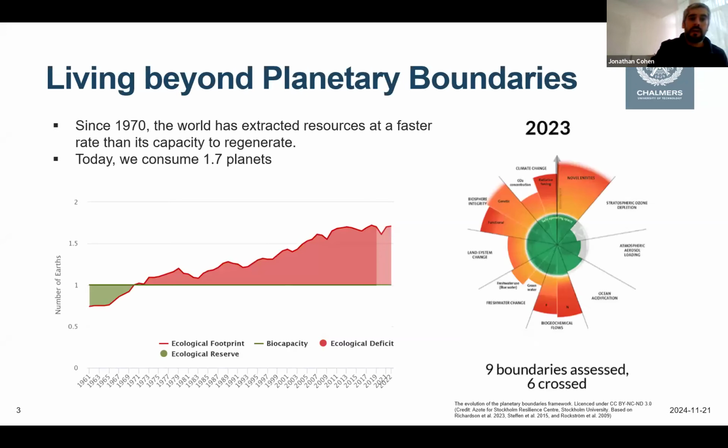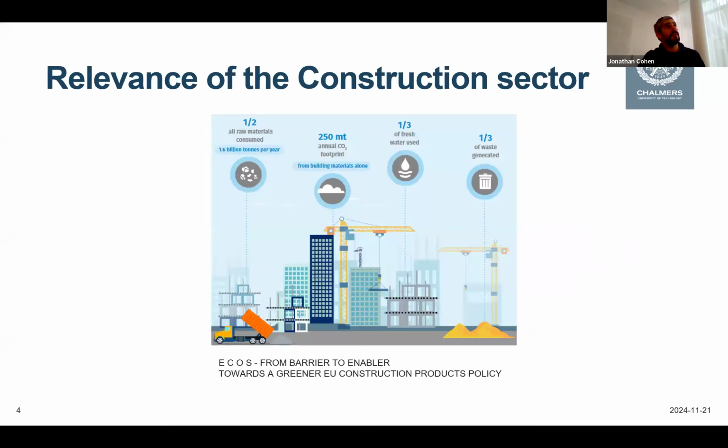So without further ado, as we know, we are living beyond our planetary boundaries. Since the 1970s, the material consumption and extraction of raw materials has almost doubled, and that has been associated with negative implications in our environment that go beyond only carbon emissions or rising temperatures and waters. The construction sector plays a significant role in this challenge because it is responsible for a lot of material extraction, roughly half of it, needed to develop a sustainable built environment, but also in terms of water usage